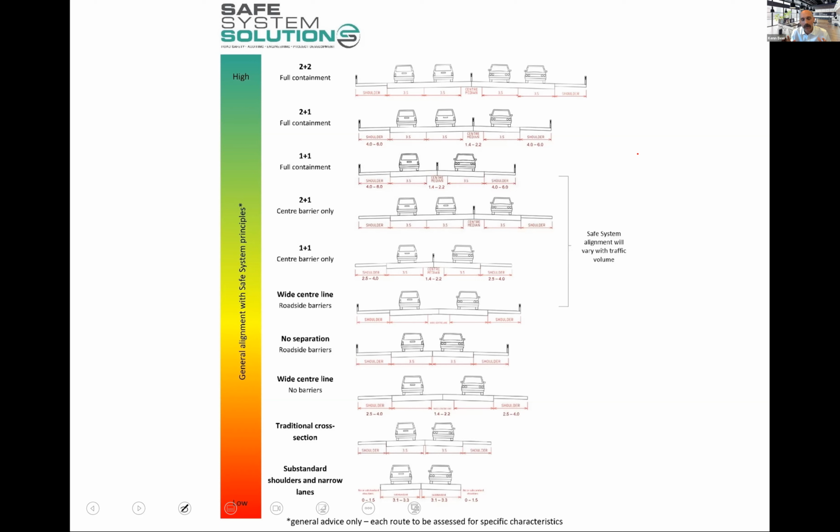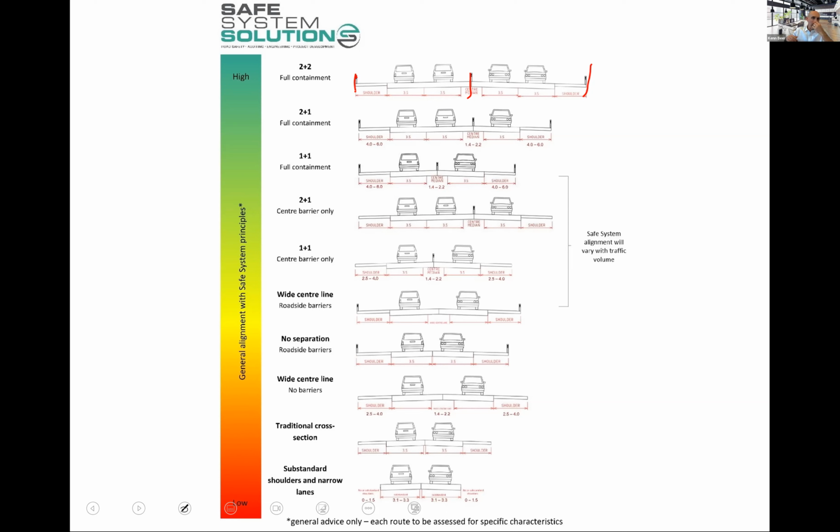Some people call it the bumper bowling of roads, which I'm happy enough with. But literally a barrier separating and a barrier on the roads. That is our highest alignment with safe system principles, because it acknowledges, hey, people, we're gonna put audio tactile edge line, we're gonna give them rest areas, we're gonna try and convince them all to have a good night's sleep, but some of them are still gonna drive tired, they're gonna drive distracted, they're gonna leave their lane, and gee, we want them hitting a barrier, not into another vehicle or into the roadside and hitting a tree or a culvert or a power pole or whatever it is.